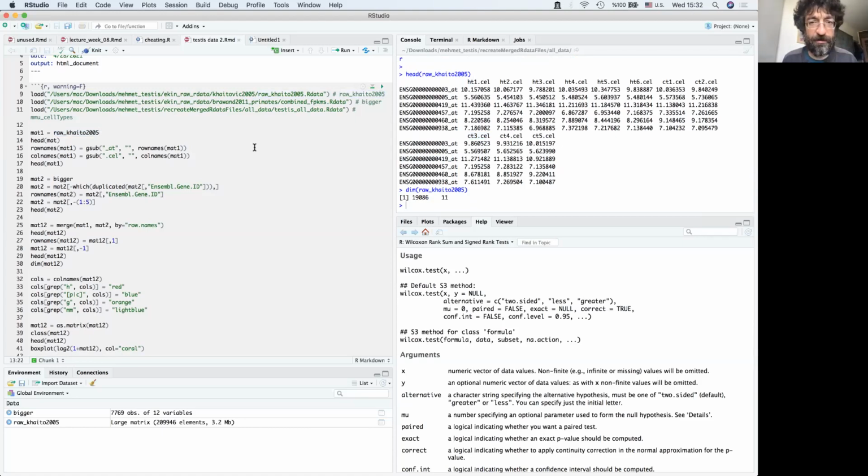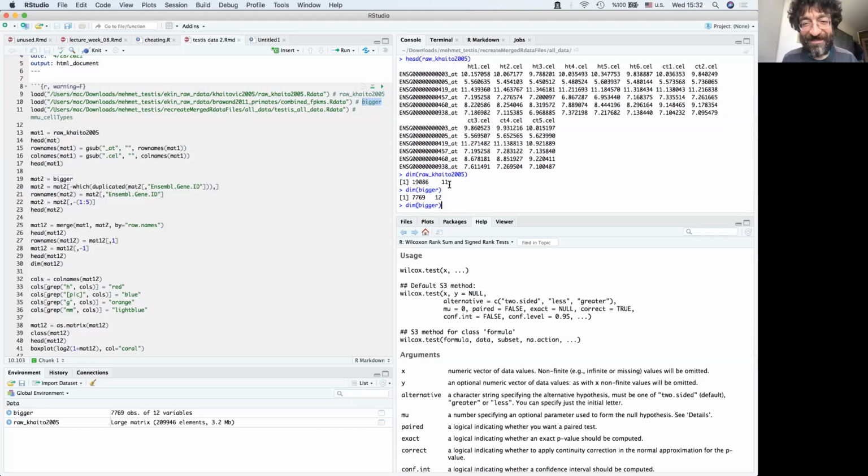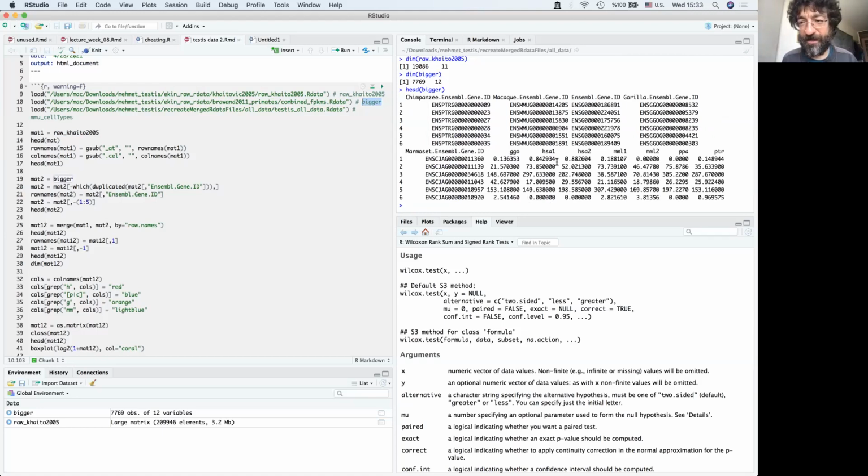Okay, and the other data set, very creatively called bigger. Anyway, it looks like this. It's not in a perfect format, as many times in real life. That's what you get.